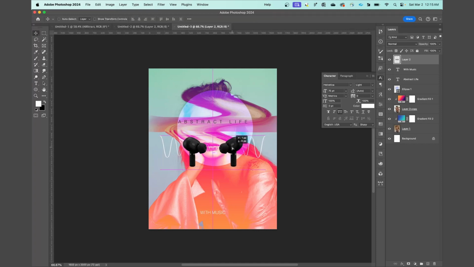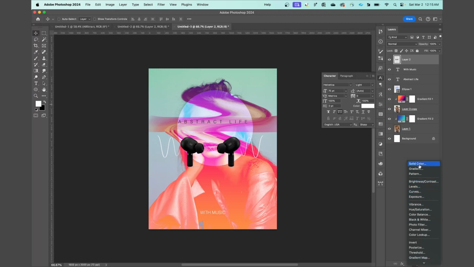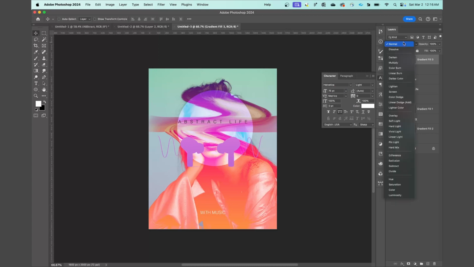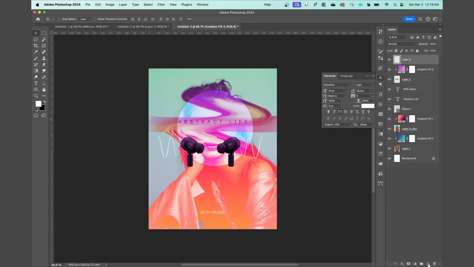And now if you see the color of the earphones is not matching with the tone of my poster. For that I'm also going to add the gradient here. I would go with pinks or purples because that will match with what we have already. So let's try with this. And I'm going to keep it to overlay or the soft. Now I'm going to take one more layer and clip mask it. Make sure the color would be white and taking the brush